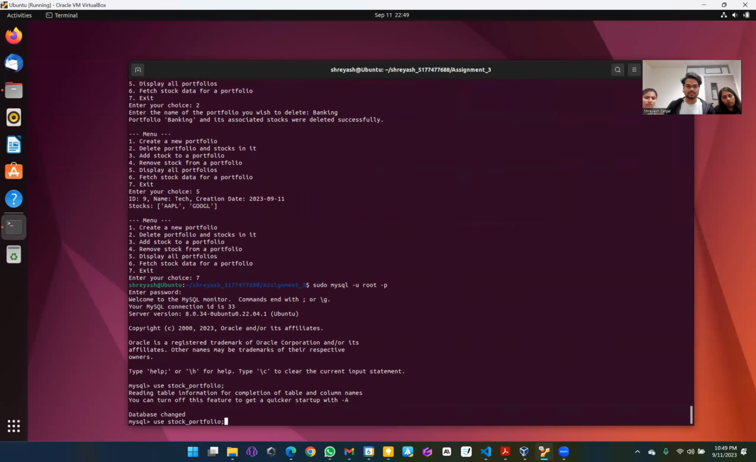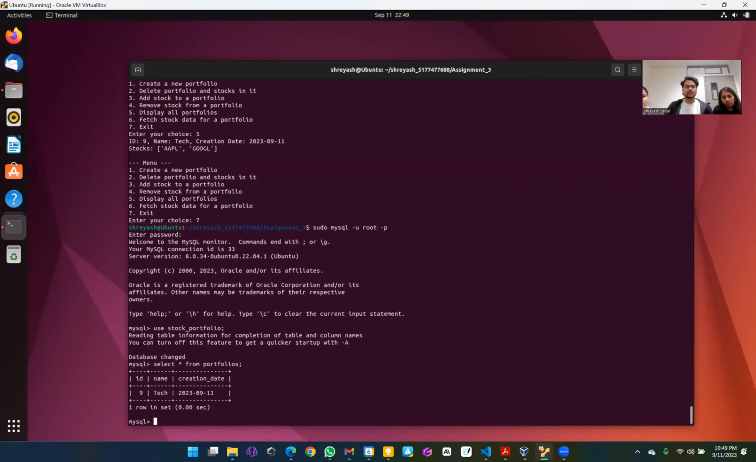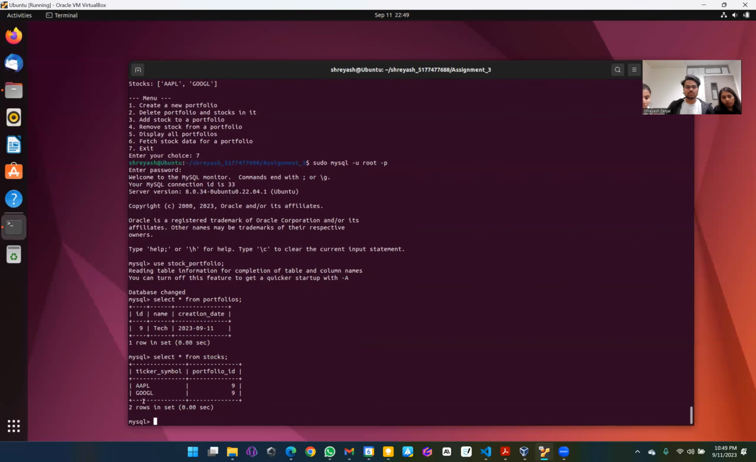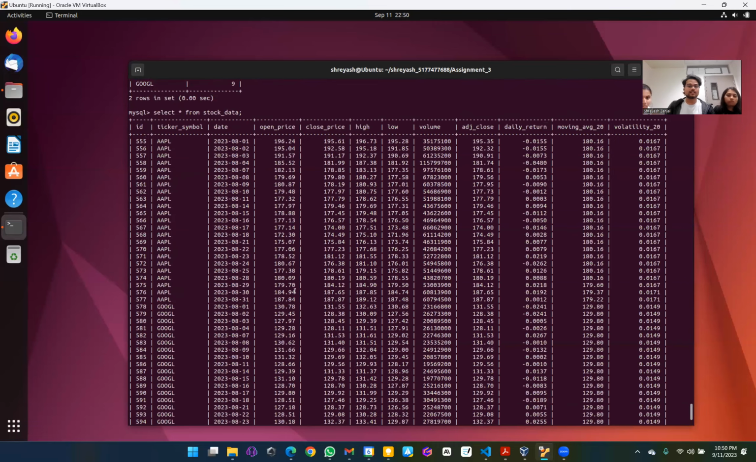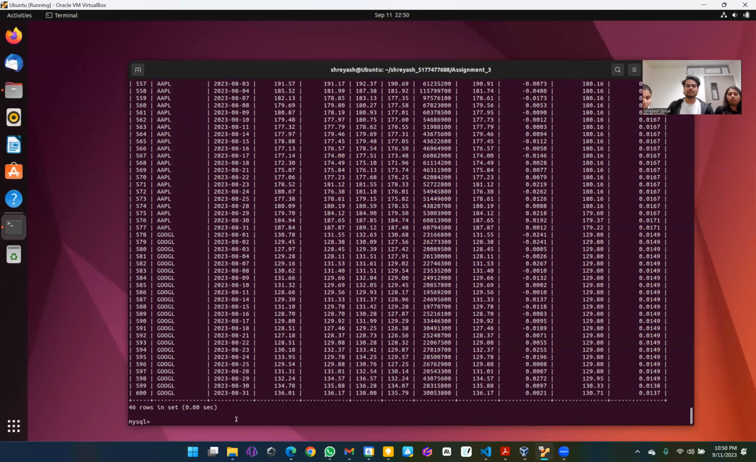the database and the portfolio. So banking has been successfully deleted, and the stocks associated with the banking sector are also deleted. And as far as stock data is concerned, you can see whatever data we have here is only with the tech sector, but not banking